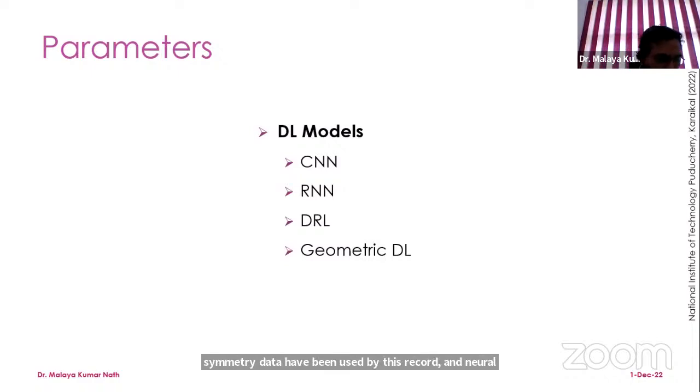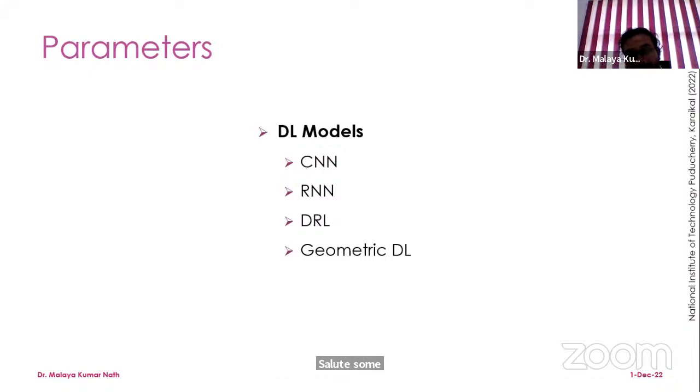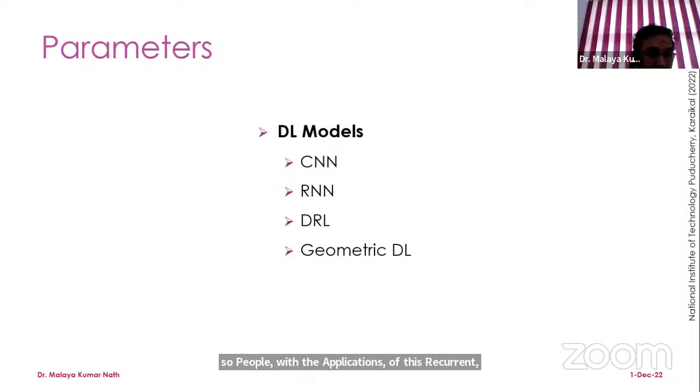Each layer shares the parameters. So if we look at the CNN as well as the recurrent neural network, the recurrent neural network shares the same weight parameter within each network layer. And this recurrent neural network for blockchain-based solutions is used in different applications. A few of the applications of the recurrent neural network with blockchain are mainly voice and speech recognition systems, speech-to-text recognition systems, natural language processing, voice search algorithms, etc.